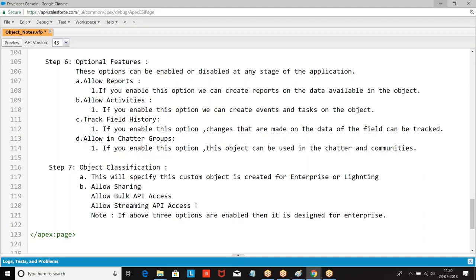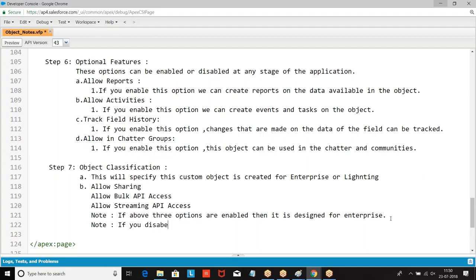If you enable all 3, it is called an enterprise application object. If you disable any one of the options, it is a lightning application object.